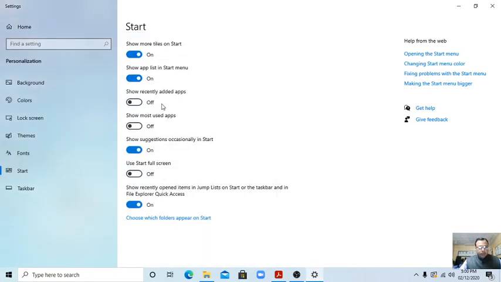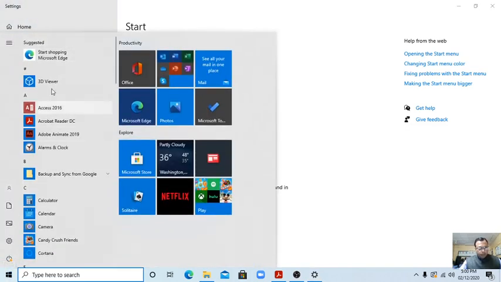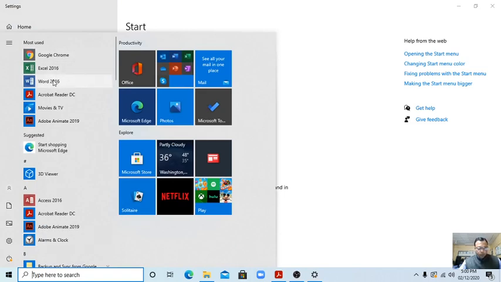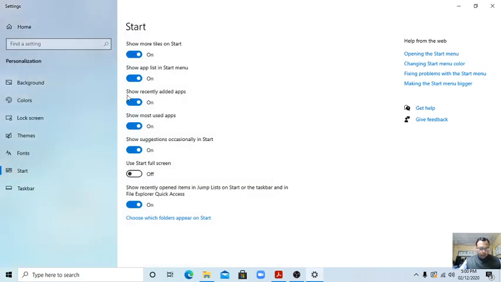Okay. So recently added apps, whatever we have used just now, will show. The 3D Viewer we used just now. Okay. So most used apps will also show: Google Chrome, Excel, these all are there. This changes. Okay. So suggestions occasionally in start.